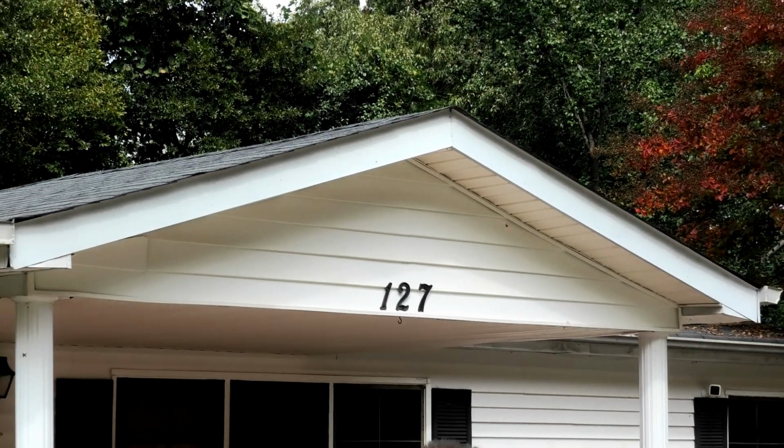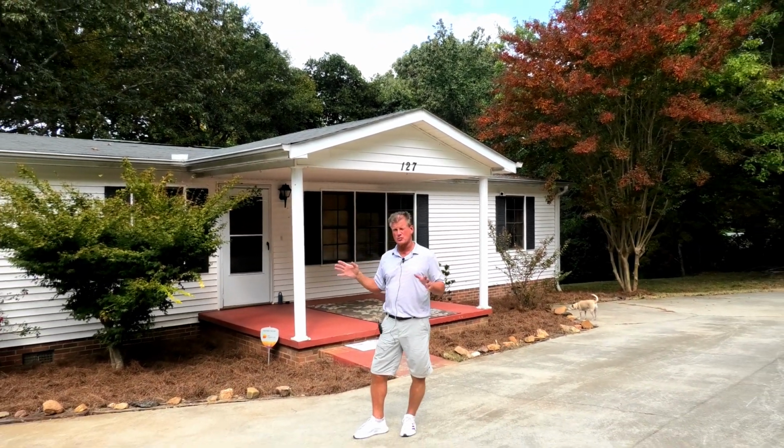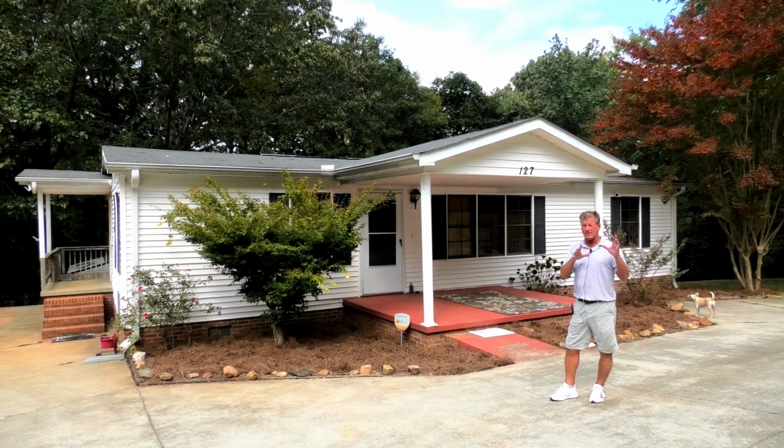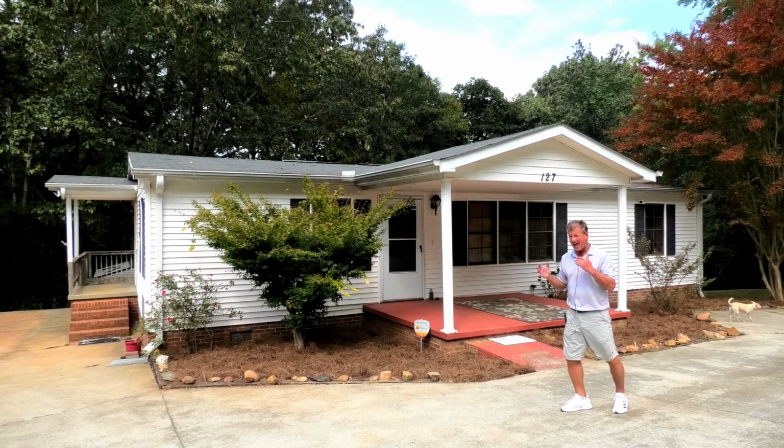At 127 Sugar Hill. Really great piece of property here. We've got a double wide. It's a 3-bedroom, 2-bath, around 1,200 square feet, all on one level. But the great thing about this property is you've got 1.53 acres, so a football field and a half